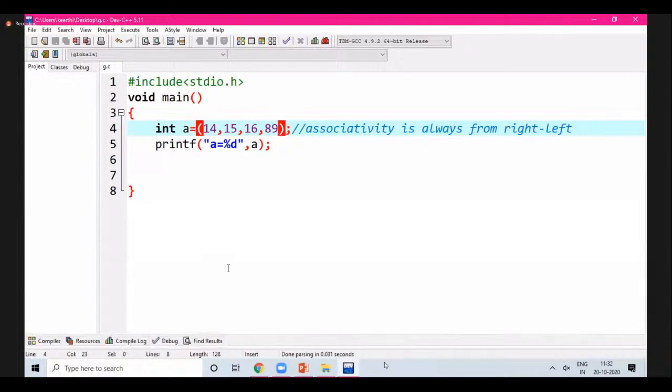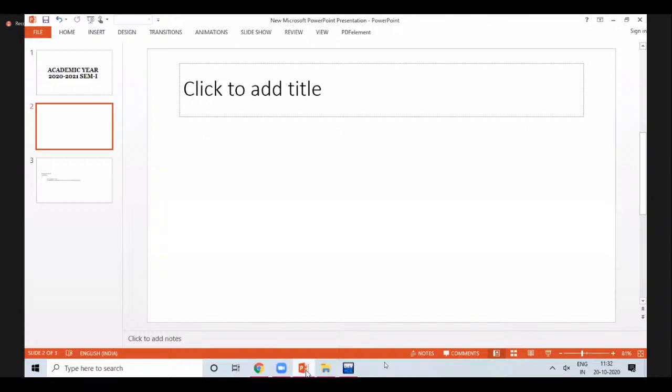Okay. So everyone understood operators. Anyone has any doubt in operators, please let me know. I will just wind up operators. Your operators are broadly classified as 8 types. The first one is arithmetic operator, logical operator, relational, ternary operator or conditional operator, increment, decrement operators, bitwise operators. In bitwise you have bitwise and, or, left shift, right shift, exclusive or, and one's complement.